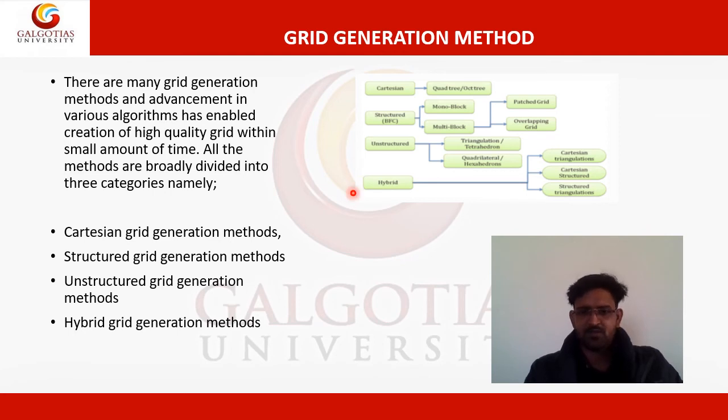Okay, so this is all about the grid generation method, and in the coming lectures I will discuss, for each and every grid, their properties and the solvers supporting these types of grids. For today it was just a brief overview of the grid generation technique and the important points one has to keep in mind during grid generation.